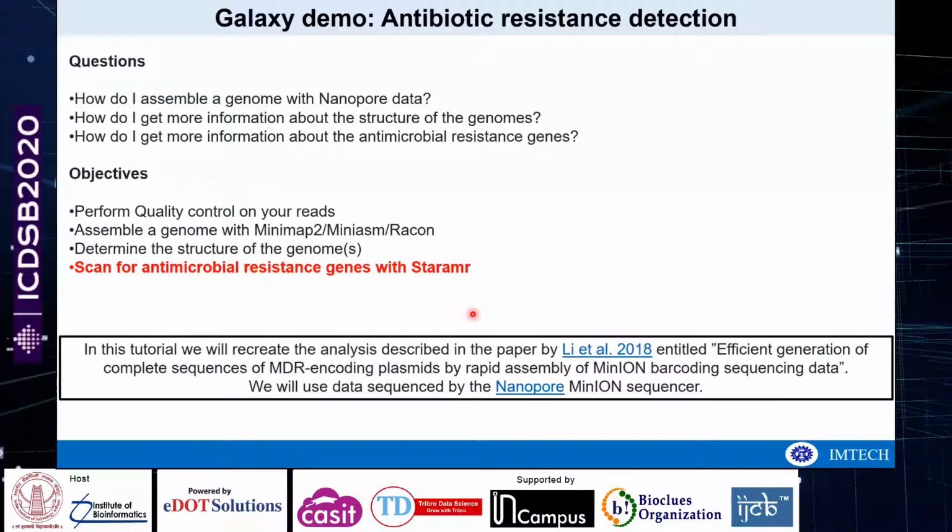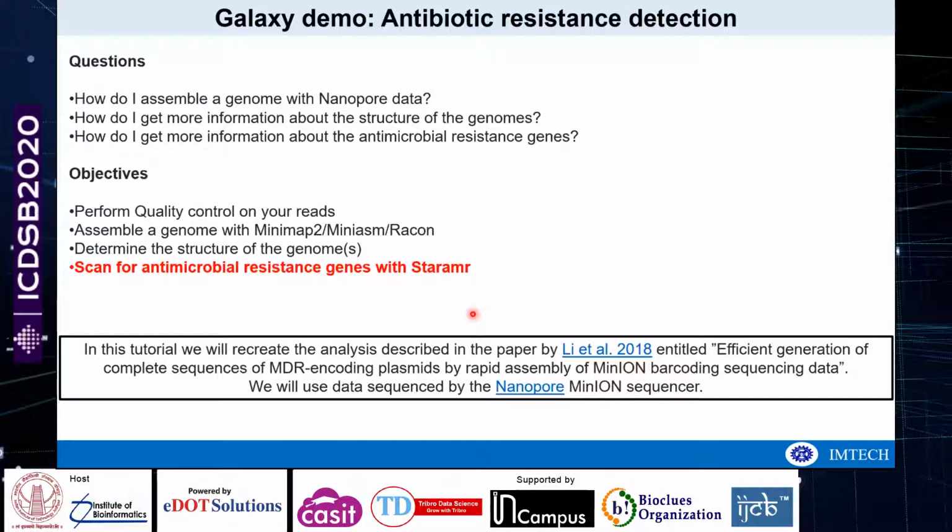The objectives of this session are to perform quality control on reads, assemble a genome with Minimap2, Miniasm and Racon, and determine the structure of the genome. And obviously the main focus is to identify the resistance genes using StarAMR. In this tutorial, we refer to a paper entitled Efficient Generation of Complete Sequences of MDR-Encoding Plasmids by Rapid Assembly of MinION Barcoding Sequencing Data.